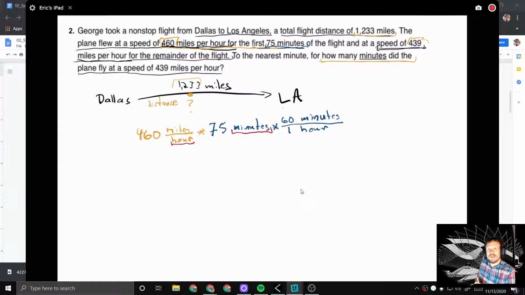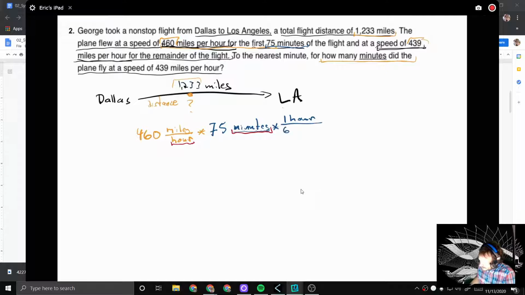Now, is that going to help me out? I have minutes in the numerator here, minutes in the numerator here. When I multiply those, it's not going to give me the hours, right? It's going to give me minutes squared over hours, which is not what I want. I don't want to multiply minutes by minutes. I want to divide minutes by minutes. I want to cancel those out. I want to write those the other way around. So let's do that. Let's switch that around and make it 1 hour